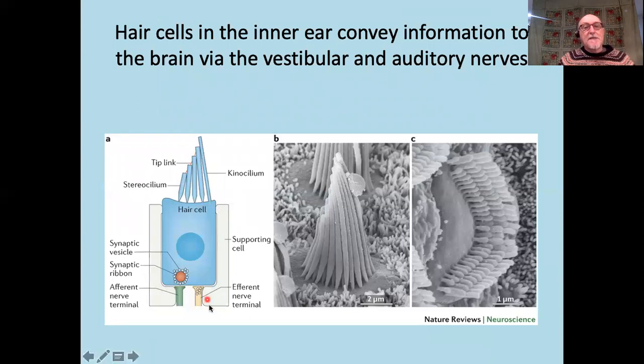Here's what they look like. This is a hair cell here. Don't worry about the cellular functioning. All I want you to know here, it's a very specialized kind of epithelial cell, and it has these hairs that project out of it. These hairs vibrate, and it is that vibration that causes the hair cell to produce a response. The hair cell is excitatory. It can be excited to produce a nerve impulse, and the nerve impulse goes off and goes to the brain for analysis.